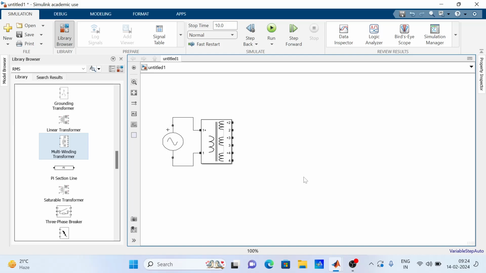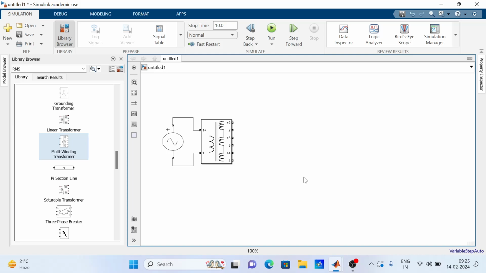And coming to the secondary winding. On the secondary side, how many sub-windings are there? 1, 2 and 3. By default, in MATLAB, you have 3 sub-windings. But how many sub-windings are required on the secondary side? Only 2.